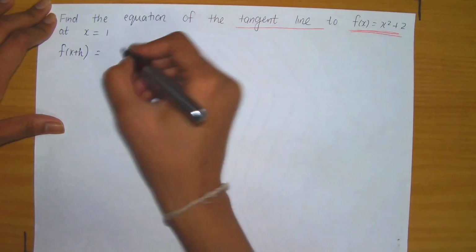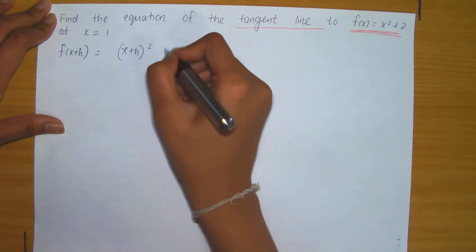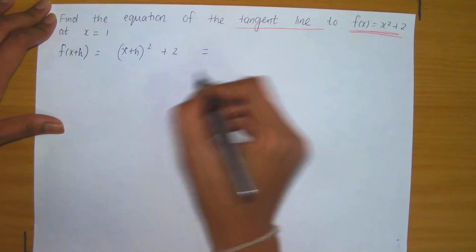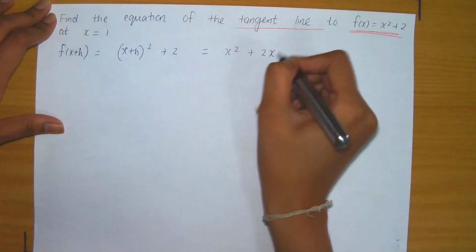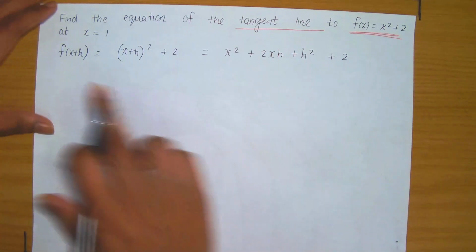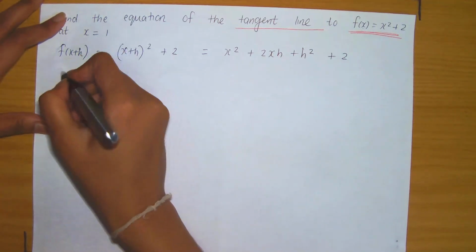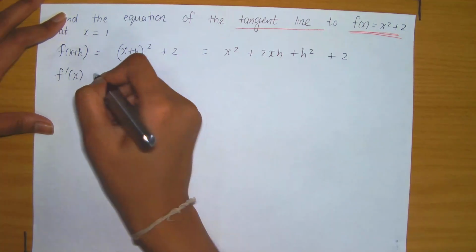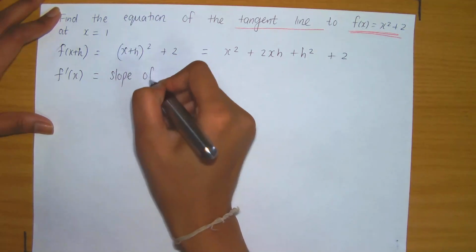So wherever there's an x, I'm going to write down x plus h. So that means (x plus h) squared plus 2. Simplifying this, I now obtain x squared plus 2xh plus h squared plus 2. Right, why did I want to compute and find out what is f of x plus h? Because remember, I want to find out f prime of x, which actually gives me the slope of the tangent